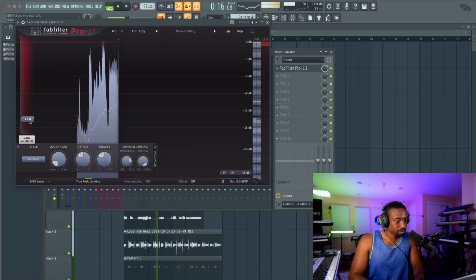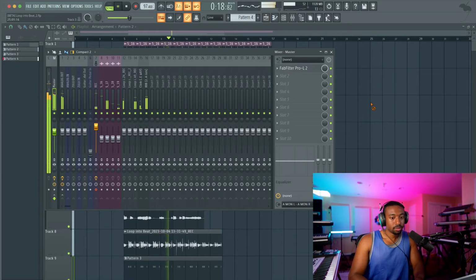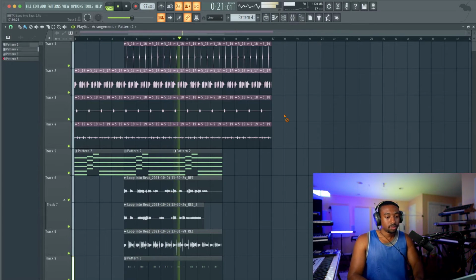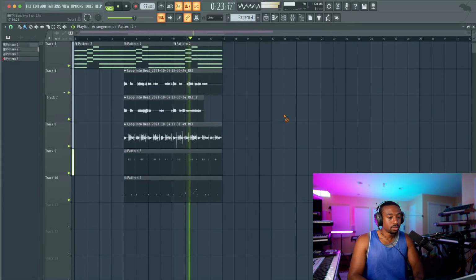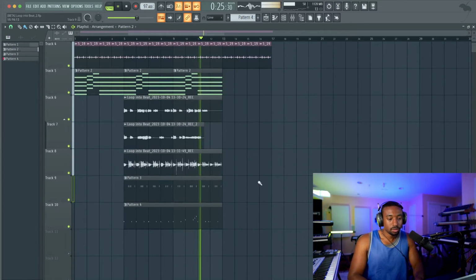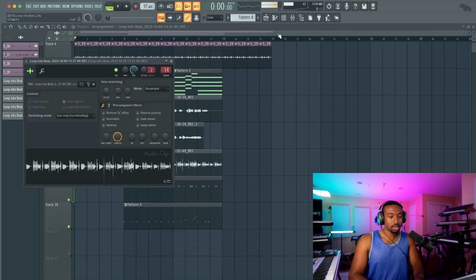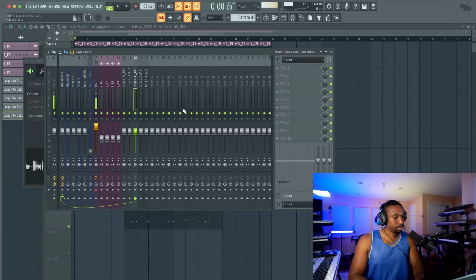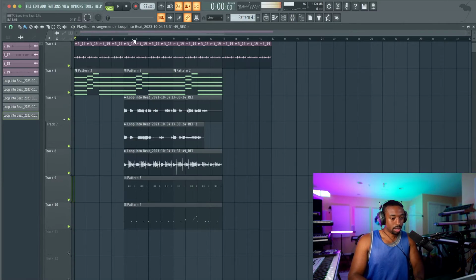Turn the limiter up. So the question is, do we leave that in as per usual, or what do we do? Now I like it because it blends in.